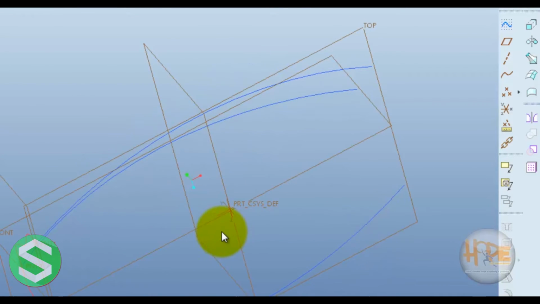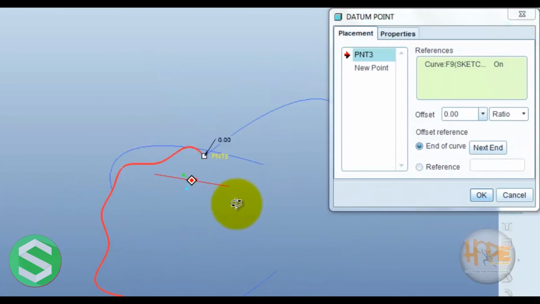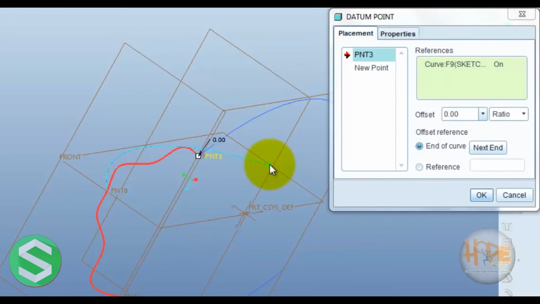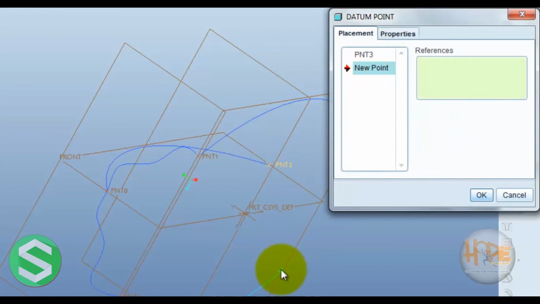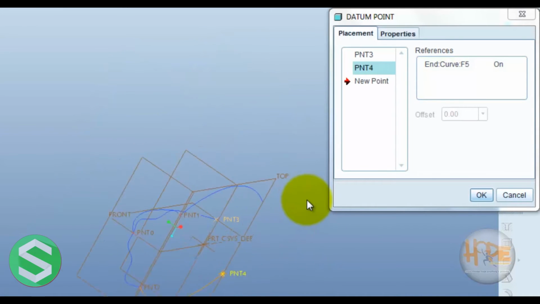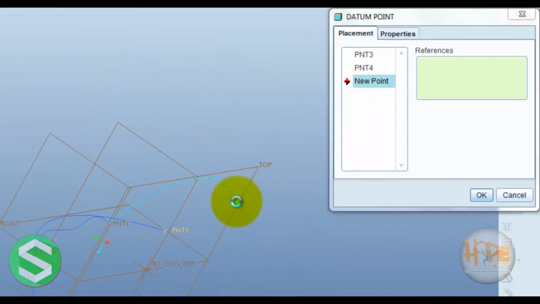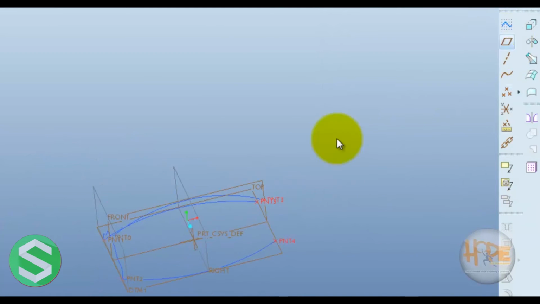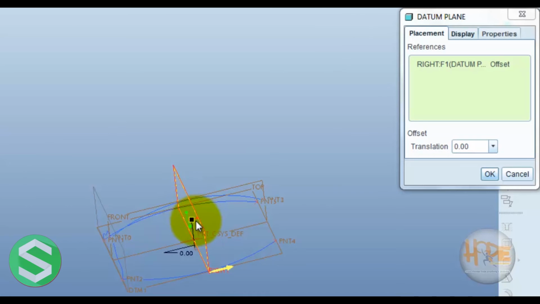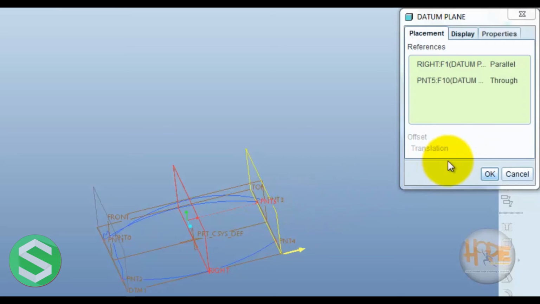Now one another sketch, to apply another datum point. OK. At this end you can also apply one new point at this end, one new point at this end. OK. For that you can also apply the datum plane, also passing through the datum point.